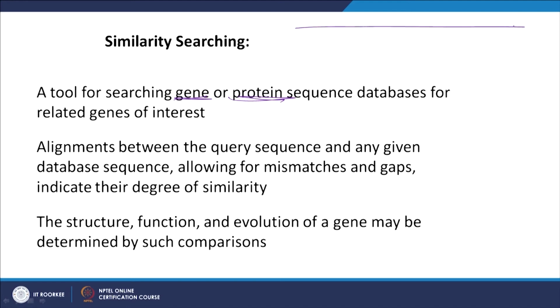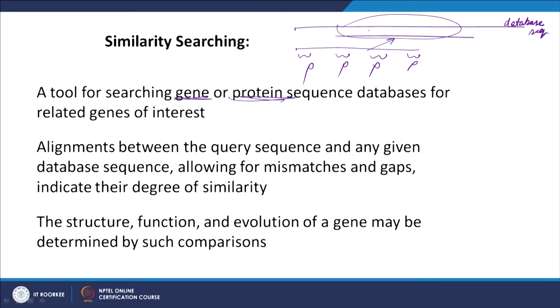So for example, let's say I have a sequence here, this is your database sequence, and let's say it's starting here and my actual sequence is starting here. If I don't allow for gaps, then I might have a lot of mismatches, regions that don't match. But if I allow for gaps and I shift it here, then there is a very solid match. So these kinds of gaps and skips and misses are permitted in NCBI to account for the possibility that your clone, or where you fragmented your DNA, is different from where the other people who have submitted to the database